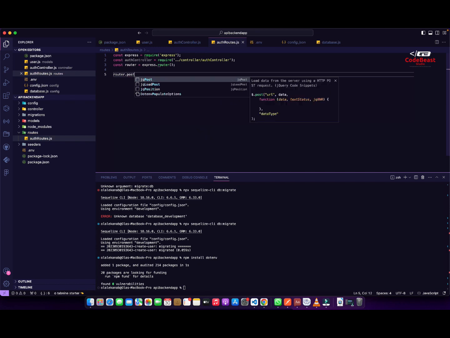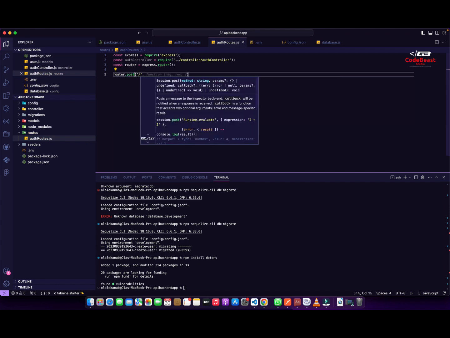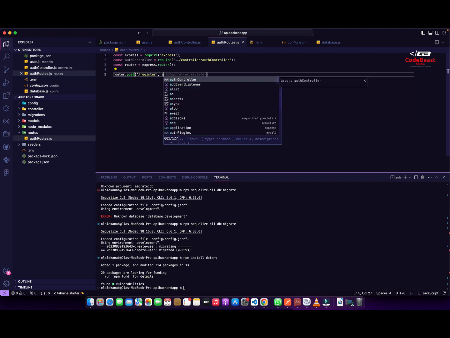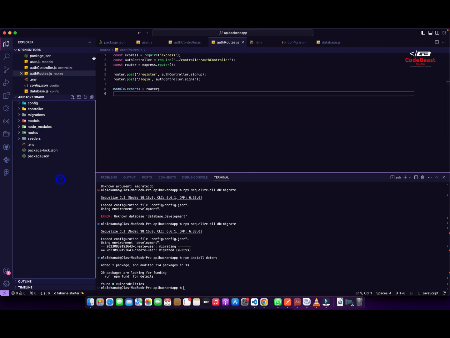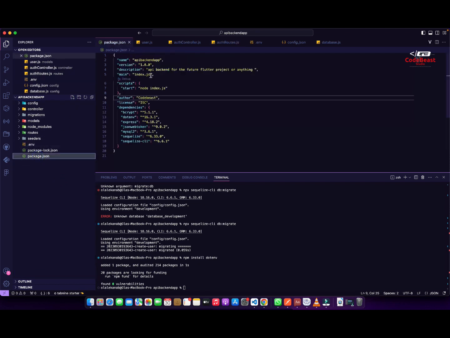This is your generator post because you are signing up and you're going to do a post request and controller.signup controller. Copy this and paste this for the login also. Change this to sign in. So yeah, we're getting there. Now let's export this and make the general index. Remember that when we start this project, we start with index like